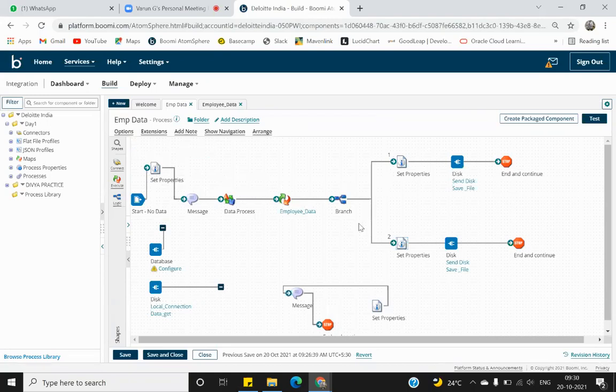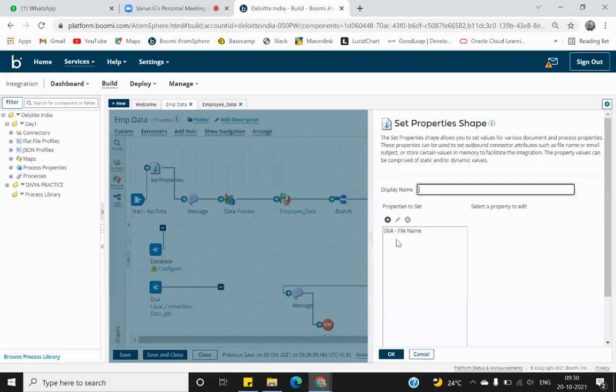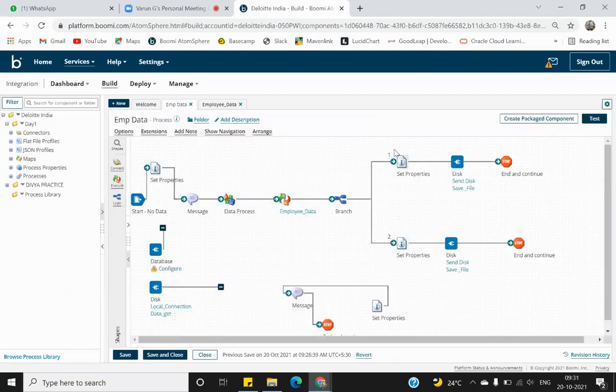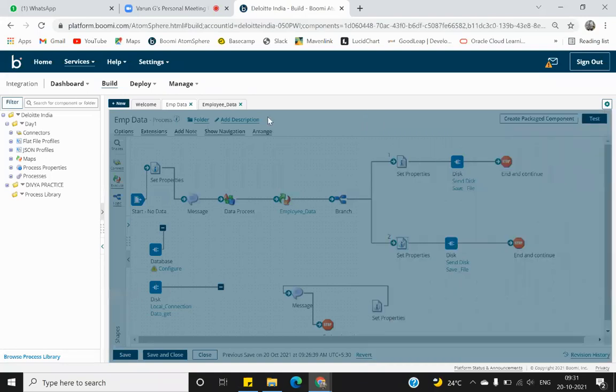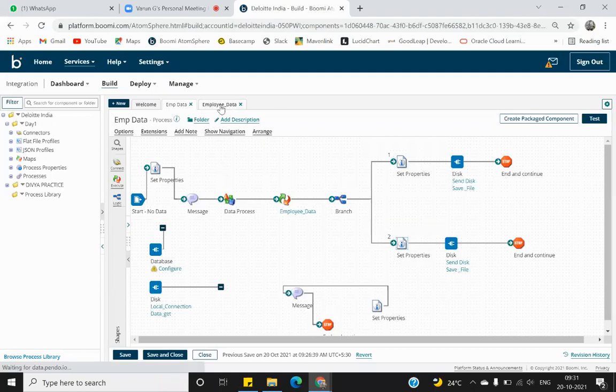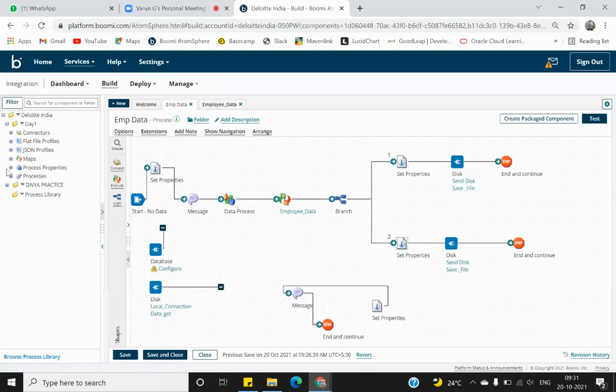See, process property is not dependent. Process property is a property that you have created for different values. So based on those values, like file name, you don't have to set it everywhere. Even if you take this example, if you are giving different file names here, you can use the same process property. One second, I'll tell you what I'm saying.